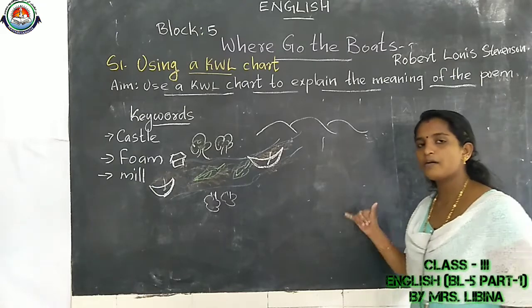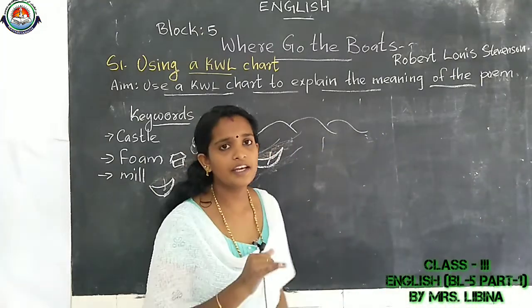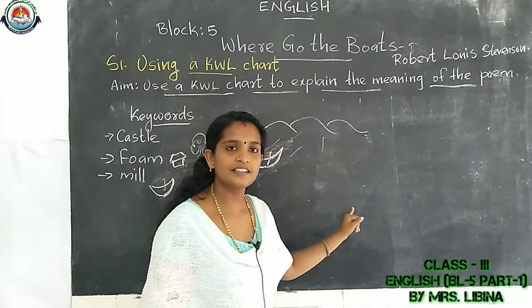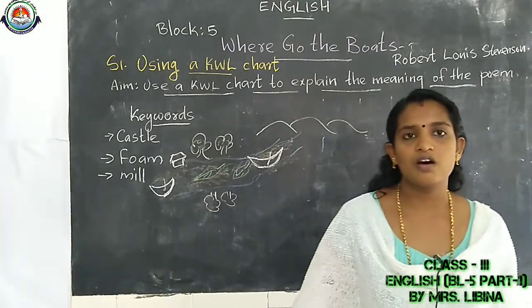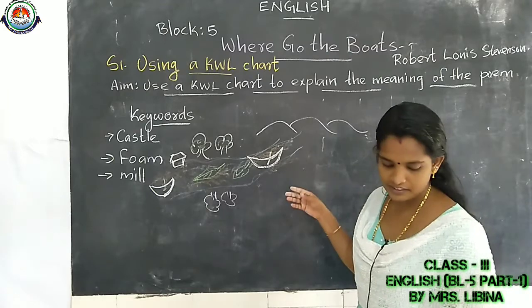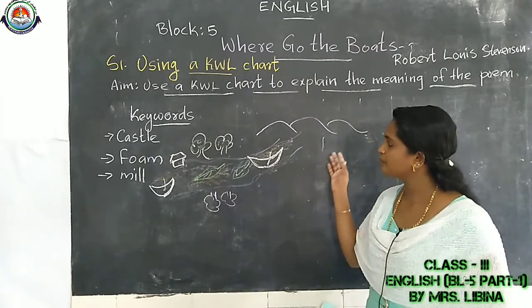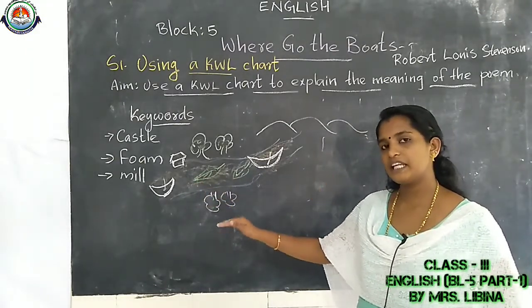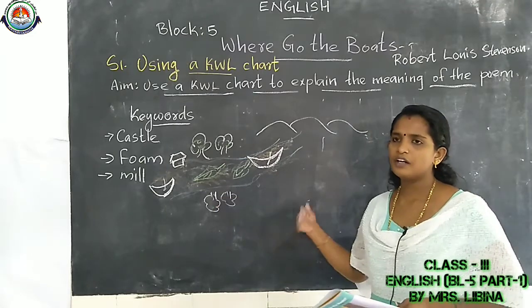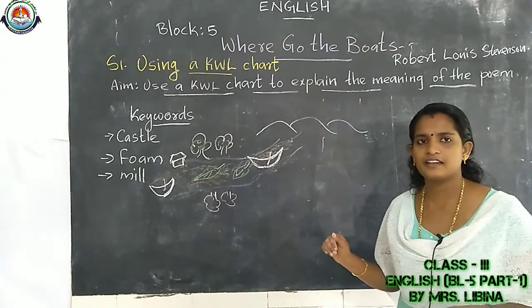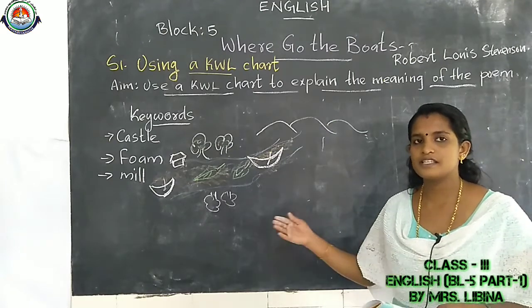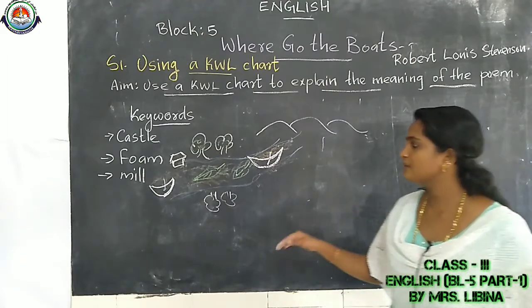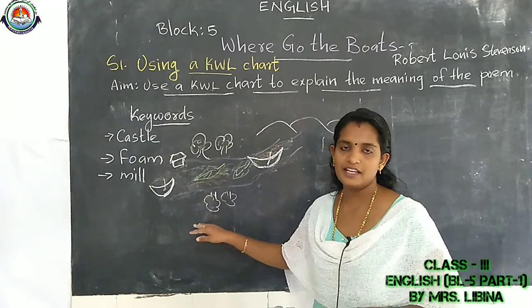Yes, this poem is about a boy and his boat. Then the color of the river is, which color? Dark brown. Okay, then which are the things you could write? The boat passed through the mill, and the boy thinks other children will take his boat to the shore. What do you think? Does the boy feel happy or sad? If it is your case, if you are missing your toy, what will you feel? Yes, you will feel sad. And you could also write, I think the boy feels sad.